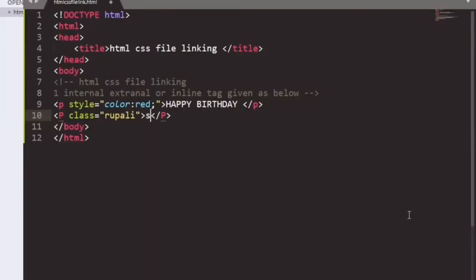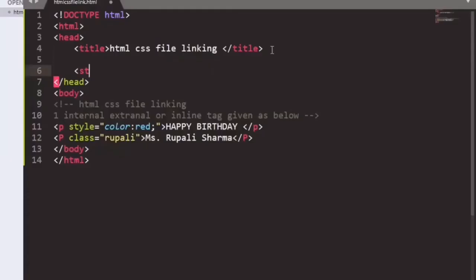Here we will write the class and the value that has been passed, that is Rupali, and we have to write some text here. Suppose Miss Rupali Sharma. These are the messages we are giving in the class.